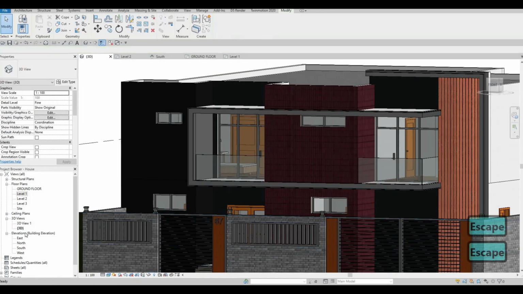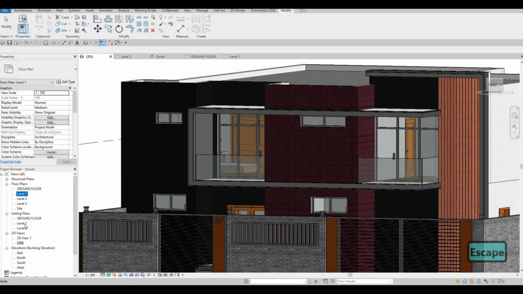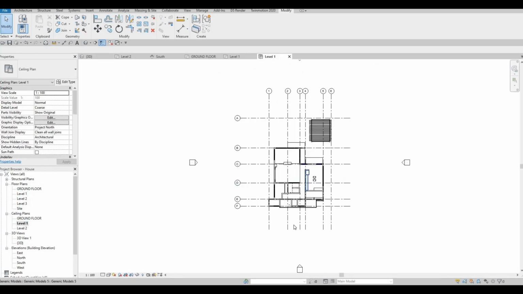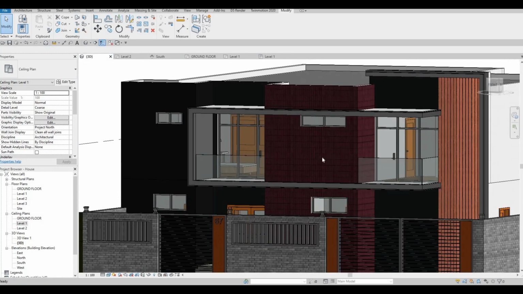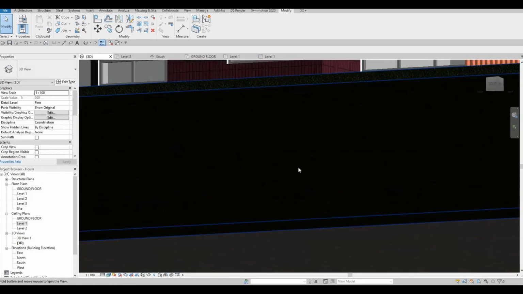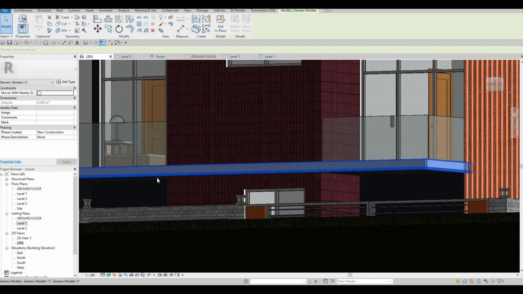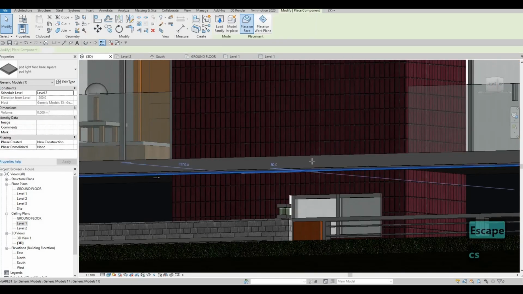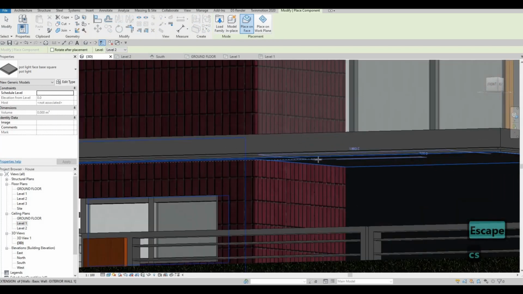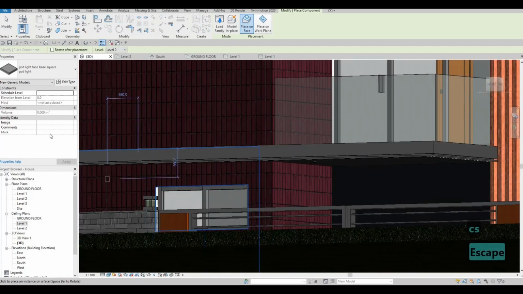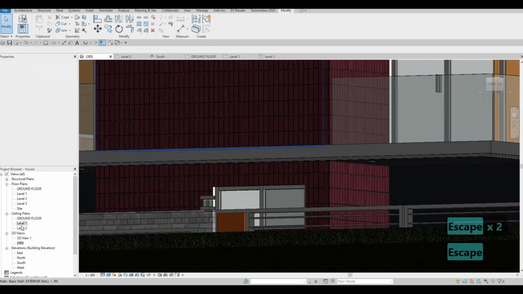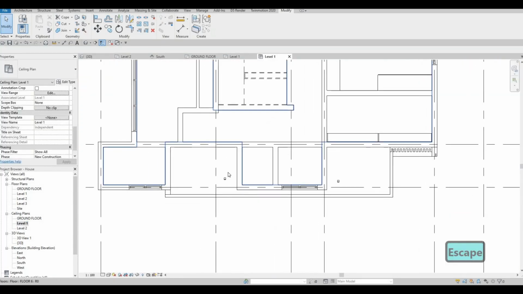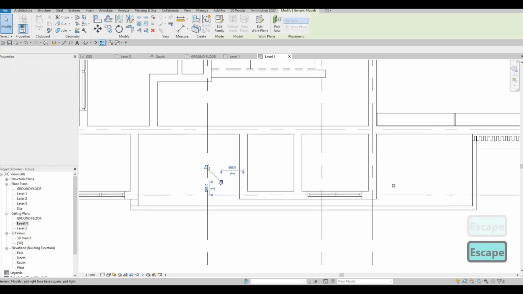So now what we need to do, in order for us to see it better, is check if it's showing now right here. It looks like it's showing, but on this side it's not. So I'm gonna copy this CS and add it right here. What you can do is a section box as well, but once it's added, you just need to